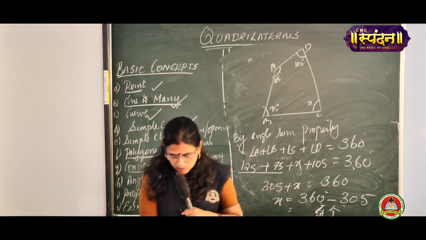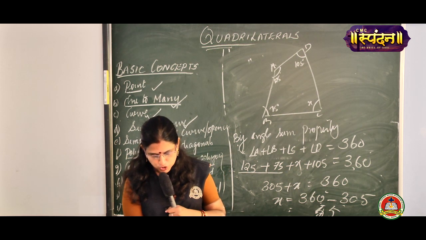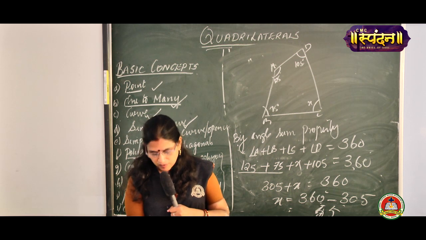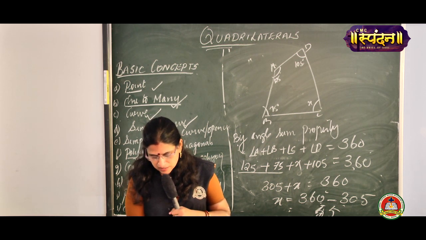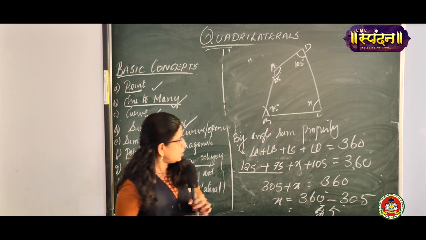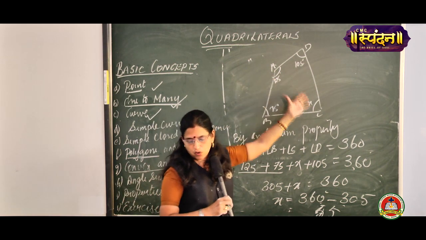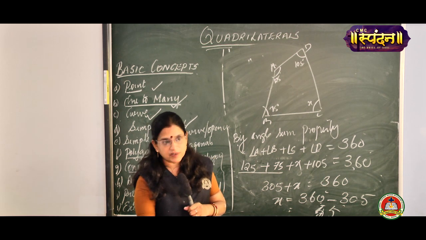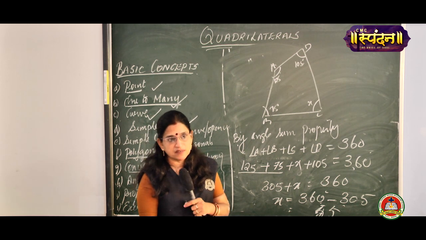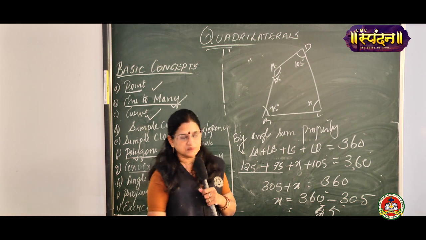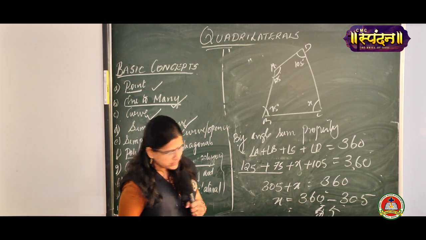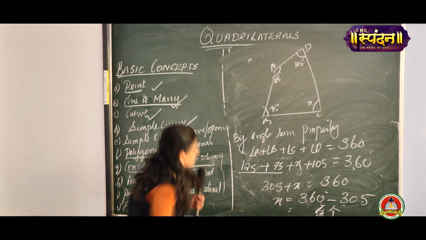You are having many more sums in this exercise. That is the first question. A, B, C, D, all are of the same type. Do this. We will discuss in the next class what the answers of these questions are. All are of the same method only. You have to add all these four angles and find out the unknown angle. So we will discuss the remaining questions in the next class. The second question is also of the same type. The third one has a ratio given. So whenever a ratio is given, how will you take it?